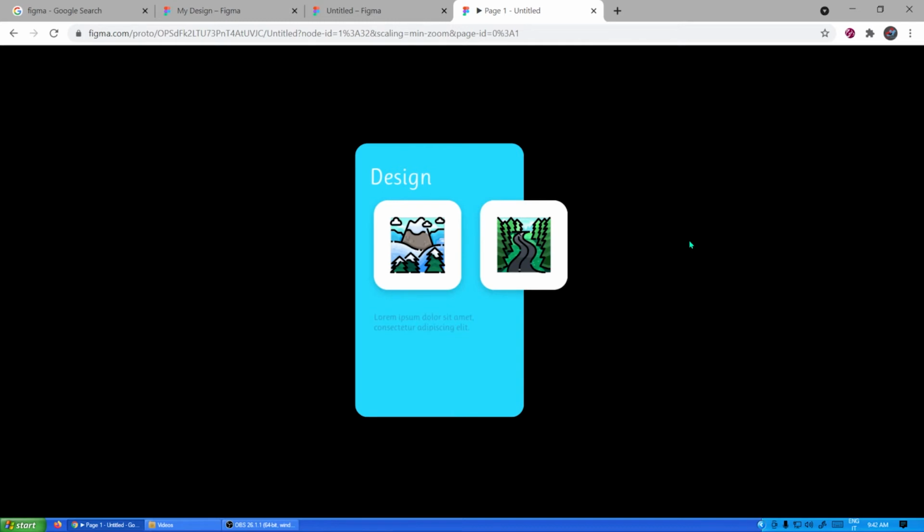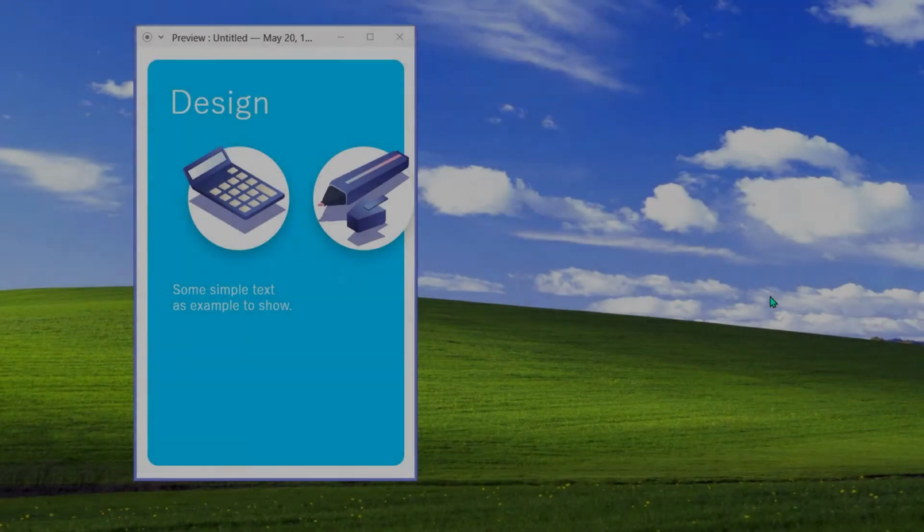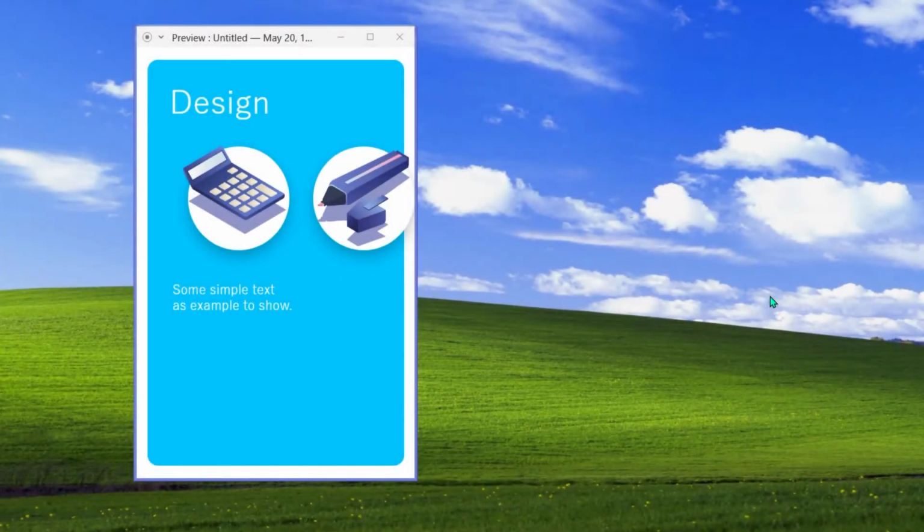And this is our application with Figma. And if you want to see the one with Adobe Xd, you can stay here. I will show you how you can do it with Adobe Xd. So this is what we are going to do with Adobe Xd. We're going to create a prototype like this. We will see